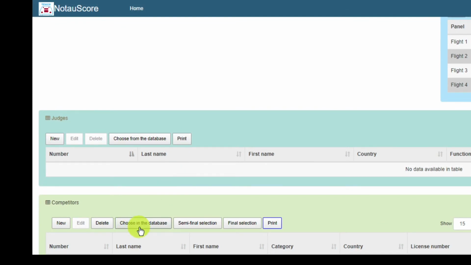As I've mentioned before, here in Australia we use a pilot database. So all of our regular competitors are in a little database connected into the Nautiscore. It lives in the Raspberry that we use, and we choose from there. What that means is it makes it quite quick for us to choose. So if I click, sorry, I'm choosing the wrong button, choose the database for the judges. You can choose from the pilot database, and we use pilots as judges, or we just have some people who are just judges, but we put them in the pilot database and it works. So I can choose from the database.